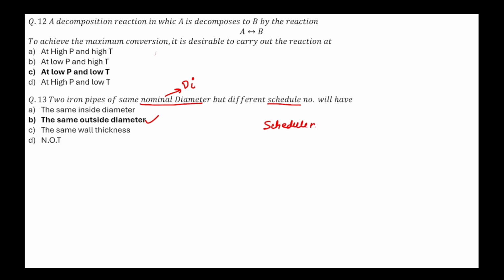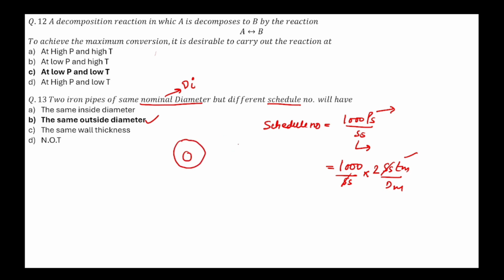Schedule number is equal to 1000 PS upon SS, where PS is the safe working pressure and SS is the safe working stress. The value of PS is 2 SS TM upon DM, so SS will cancel out. So the schedule number depends upon the mean thickness of the pipe and the mean diameter of the pipe. Okay. So two pipes having the same inside diameter,